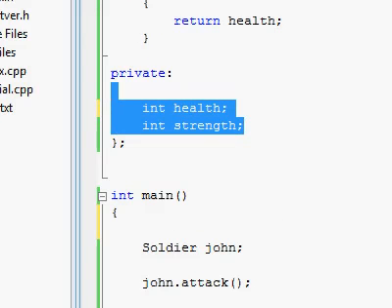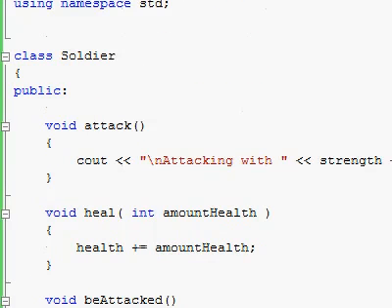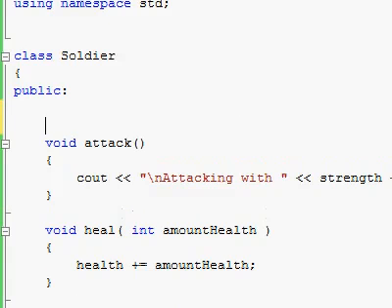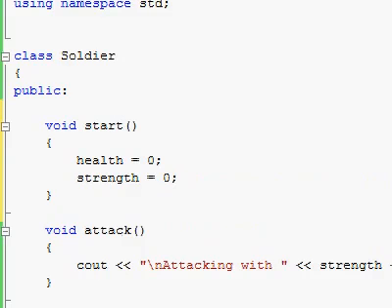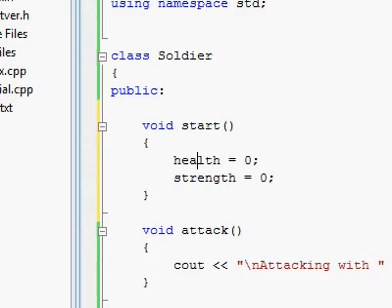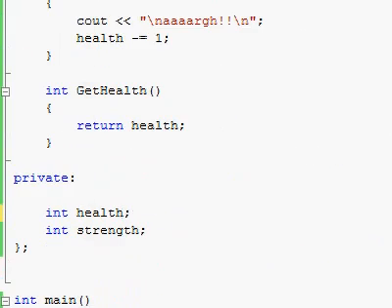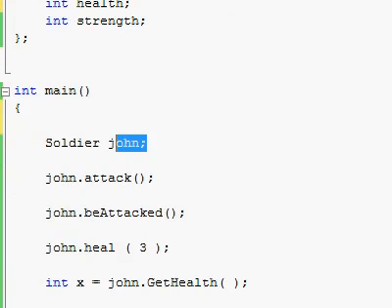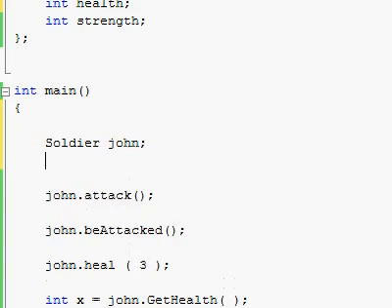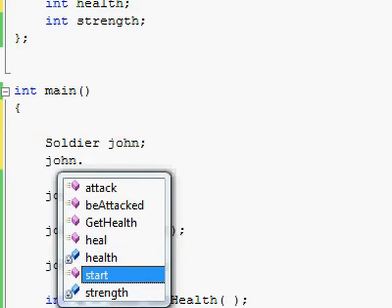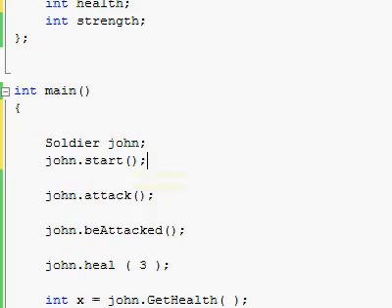One idea would maybe be to create your own little function, which would be called something like start, and this function start will give some sort of starting point number to our class's variables, and then we would hope that every time someone uses the class soldier to make an instance like John, the law would be that you have to call first John's function of start,